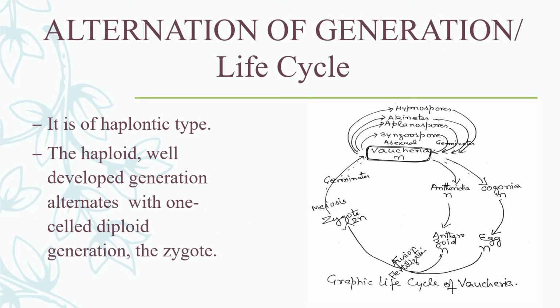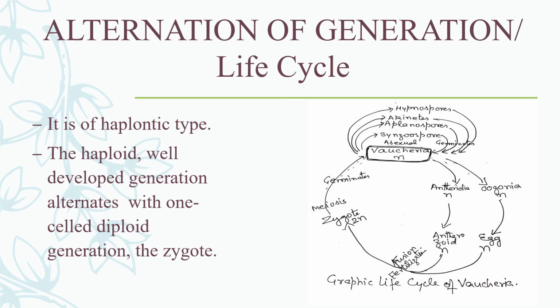Alternation of generations, or life cycle. Let us see the graphic life cycle of Vaucheria. Vaucheria reproduces by all 3 methods: vegetative by fragmentation, asexual by asexual spores, and sexual reproduction, which is oogamous. Now, asexual spores include synzoospores, also called coenozoospore or simply zoospore, which is haploid. It germinates to give rise to a new thallus. Aplanospores, in some species, are thin-walled and germinate to give rise to a new thallus,